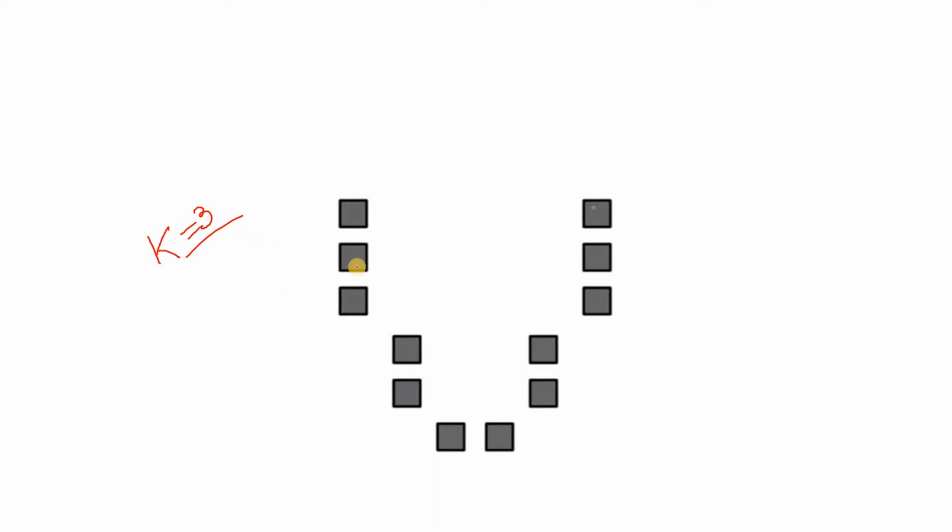In normal K-means, we choose 3 clusters randomly to start, but here we will not choose 3 clusters randomly. Rather, we will choose only one single data point, one single cluster, randomly. Suppose we choose this one. This is the first step.